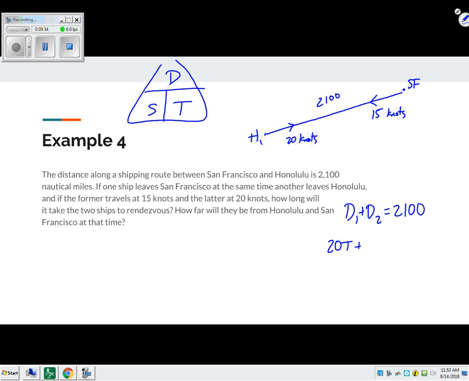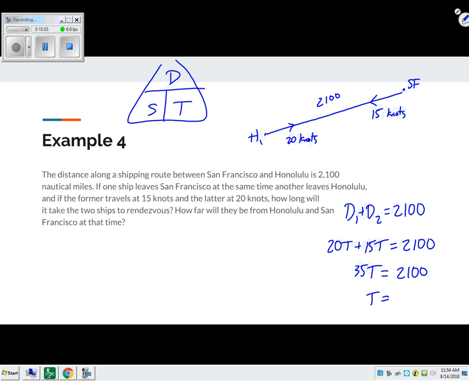The second ship, it is going 15 miles per hour. For how long? I don't know. And that's still equal to 2,100. So I substituted in my distances with speed and time. I'm going to be able to solve this for time. 35t equals 2,100. So I do believe that made it so t was,